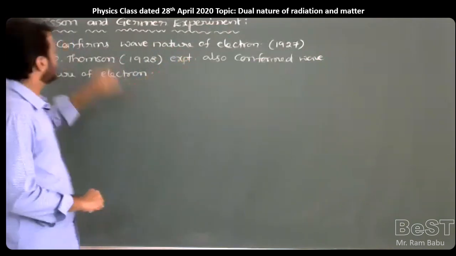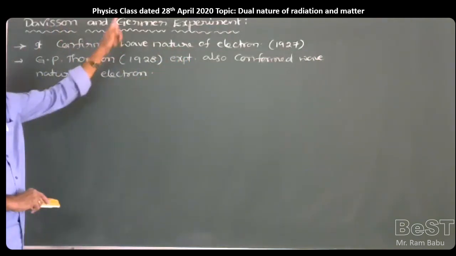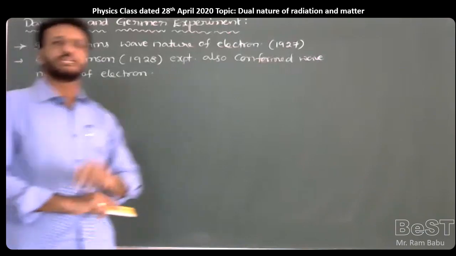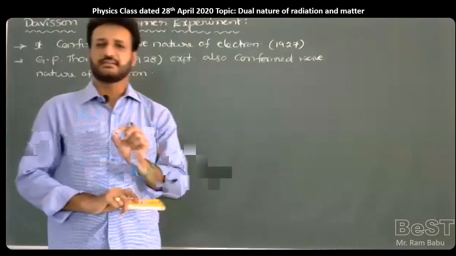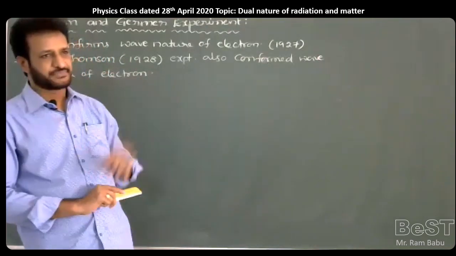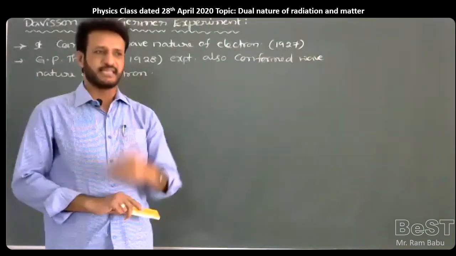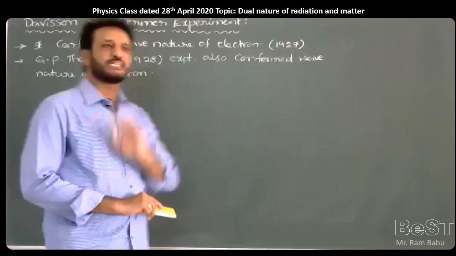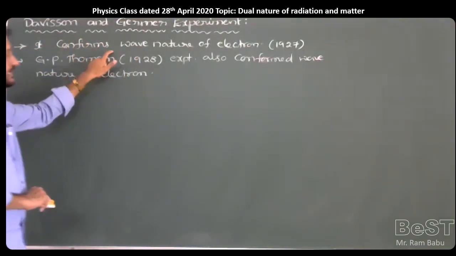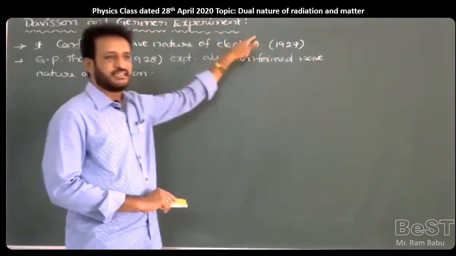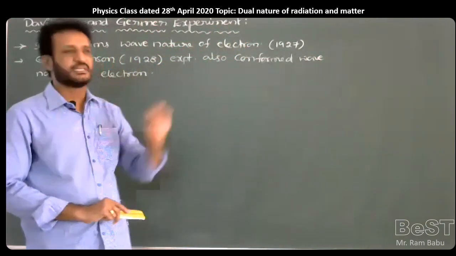But in our syllabus, only the Davisson-Germer experiment is given. Two or three times they have asked a PUC question: what is the conclusion of the Davisson-Germer experiment? What is the final result? Or what is the aim? So you have to give a simple answer: the Davisson-Germer experiment confirms the wave nature of the electron. The electron behaves as a wave. That you have to say.